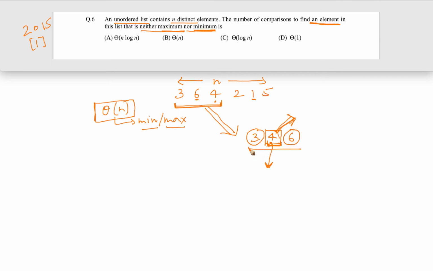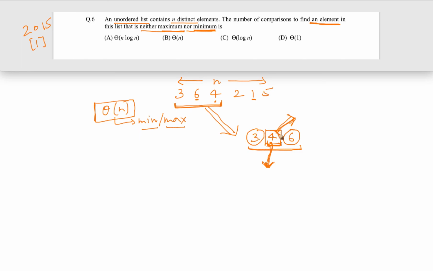So if we take 3 elements, sort them and take the middle one, this middle element is definitely neither maximum nor minimum. Okay, so in that case, this is the best we can do, and we just have to report any element which is neither maximum nor minimum.